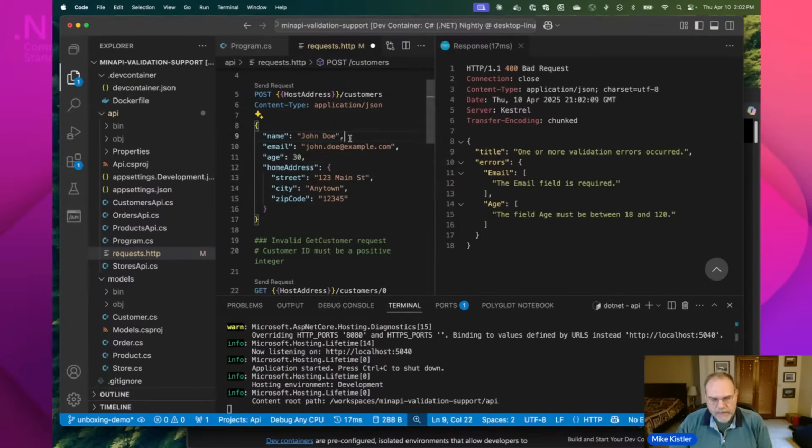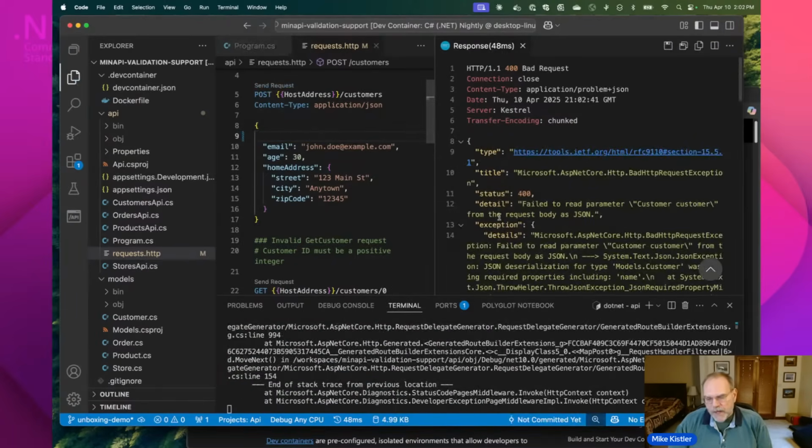If I take away the name field, you remember we had declared the name field is required. And if I run that, you see I get an error, but I'm actually getting an error now from System.Text.Json when it's trying to deserialize this field. And that's because name was declared, I shouldn't have closed that,